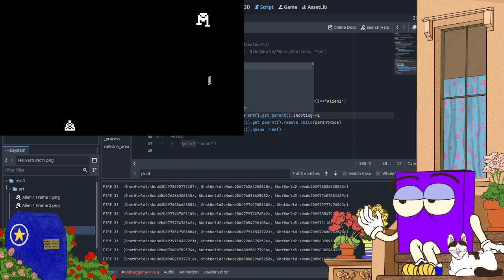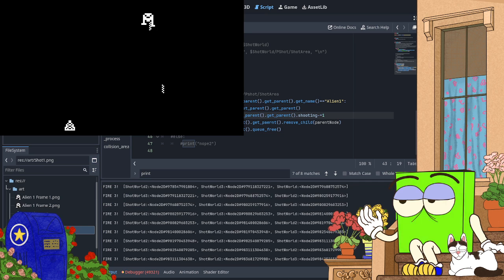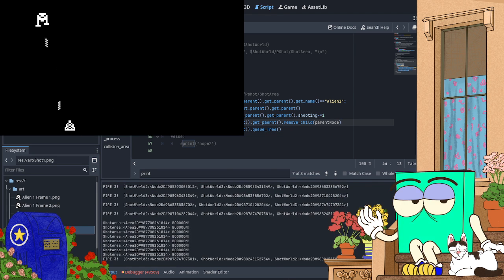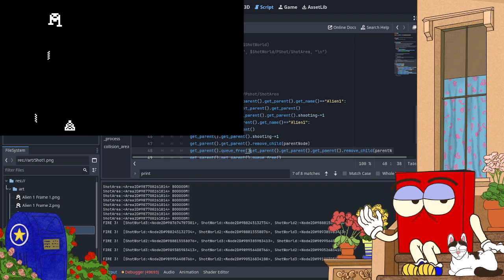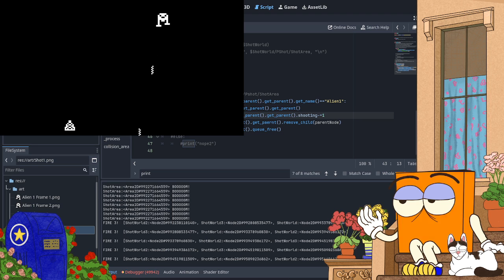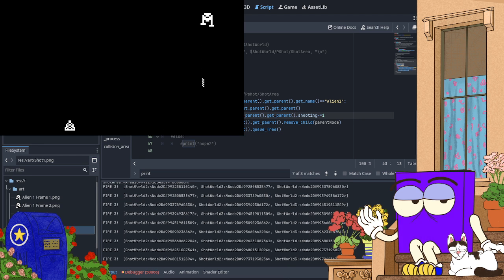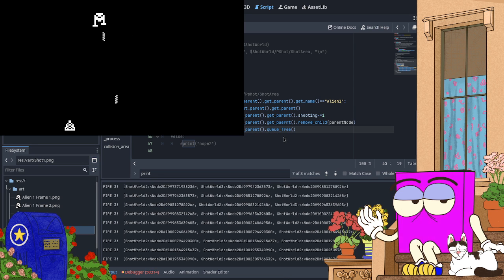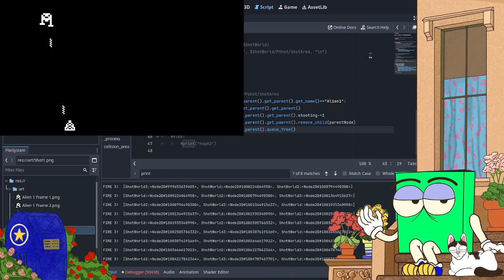This should be area 2. Get parent, get parent, get parent. Whoop. Hit copy before I pasted. That may work.